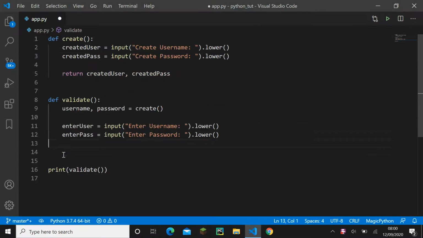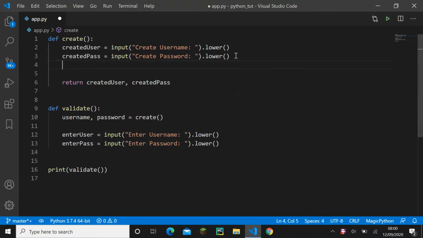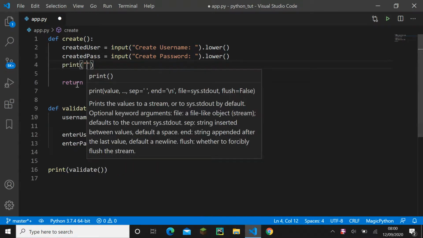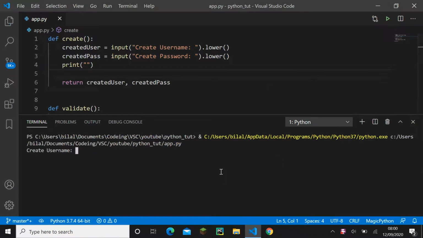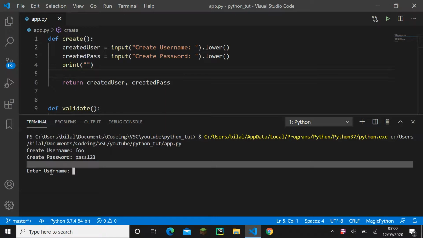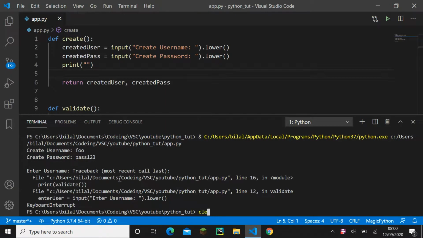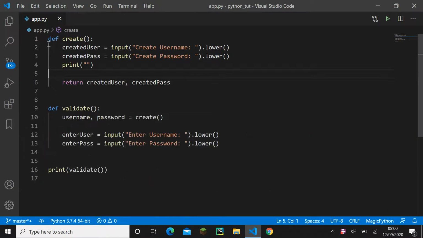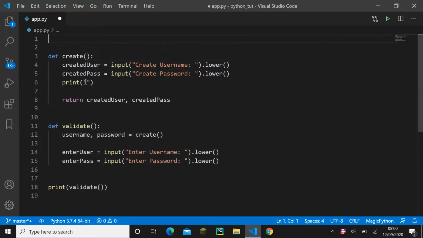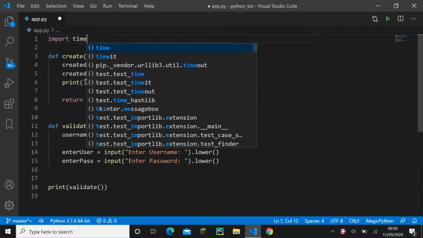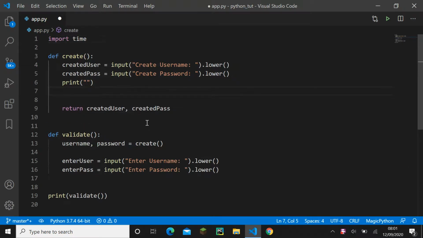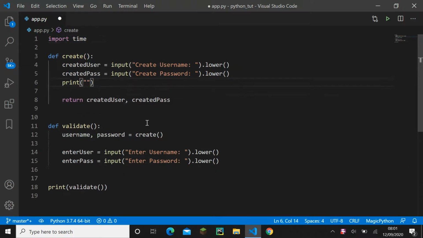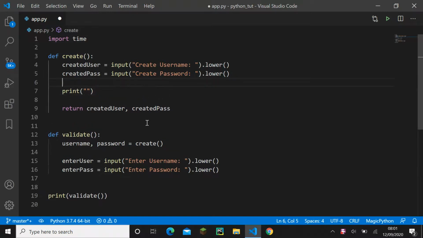So we delete this. What I want to do here is to print, and just print nothing. And why I'm doing this is because when you run this, we'll do foo pass 1 2 3, and I want this space between the create and whatnot, and I want to import something called time. Import time, and what I'm gonna do now is actually before this print,